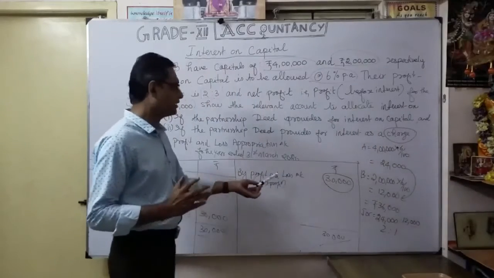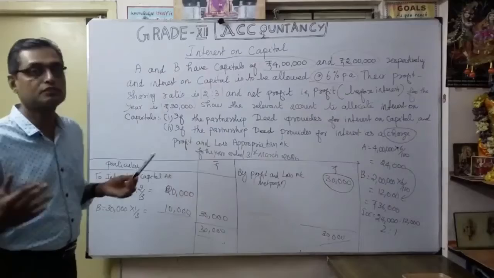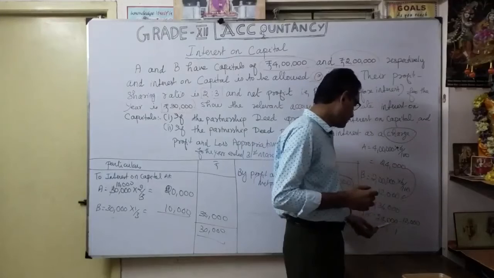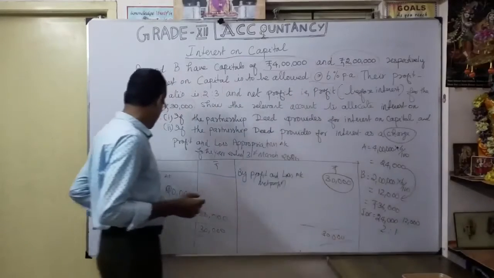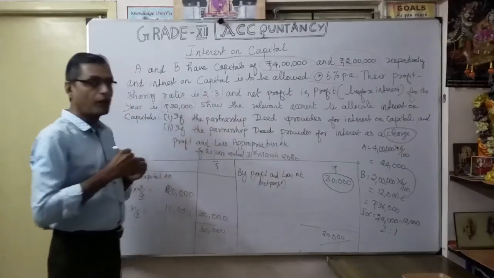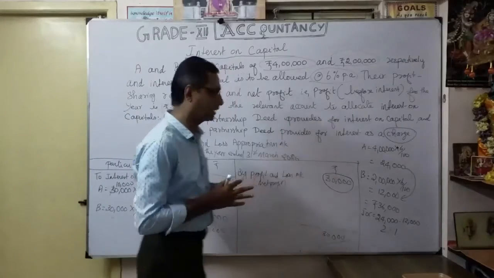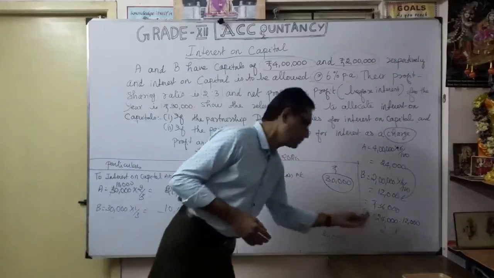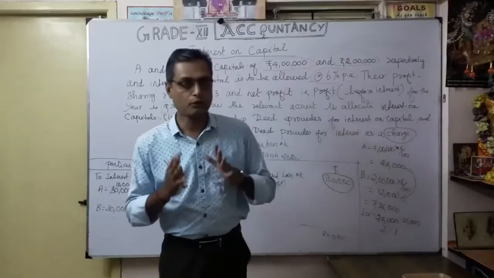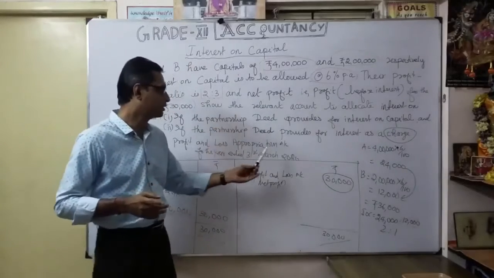Suppose the profit is not available for interest on capital, we are going to charge according to the ratio of interest on capital. So this is the ratio of 24,000 to 12,000, simplified 2:1. Not this ratio, this is the normal profit sharing ratio. So you have to be careful not to get confused. Here, because of shortage of profit, we calculate in which ratio? 2:1. That is if the partnership deed provides for interest on capital, we open which account? Profit and loss appropriation account for the year ended 31st March 2020.